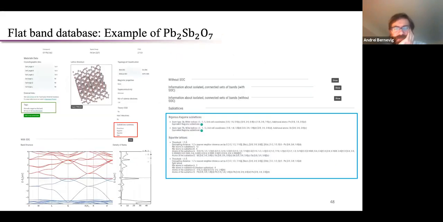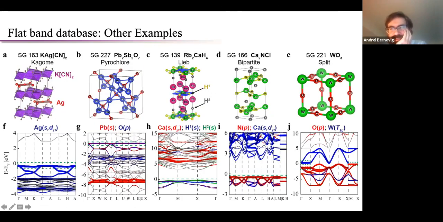But these ones, which are curated, are really good. I'm not sure if really good means physically interesting, but it certainly means that they're very good in the sense that they're flat over a large region of the Brillouin zone, like look at this one here. And there's not a spaghetti of bands around them. So that I would say is really good.